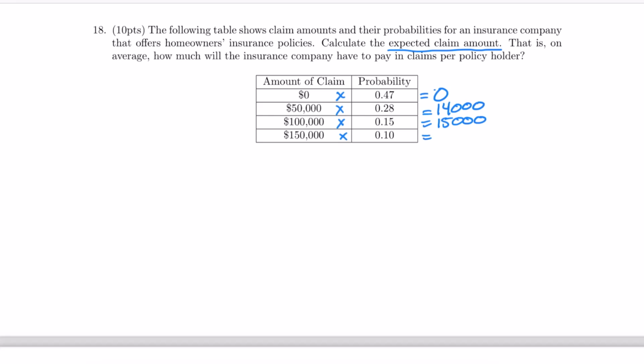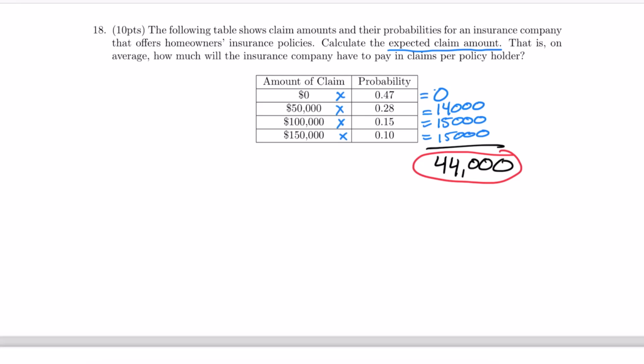150,000 times 10% or 0.10 ends up giving you 15,000 as well. And when you add all of those up, 14,000 plus 15,000 plus 15,000 gives you 44,000. And that would be the amount of money that you would be expected to, or that the insurance company would be expected to pay